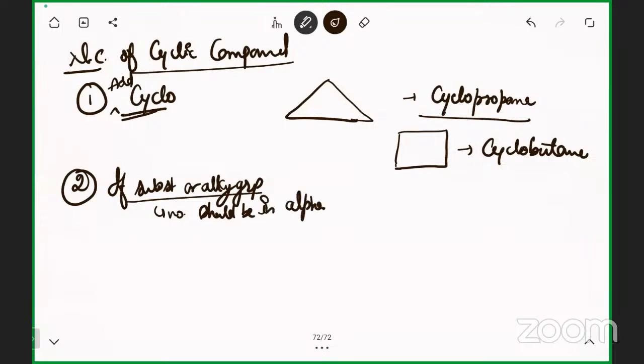Okay, so let's take an example. Okay, the numbering, then